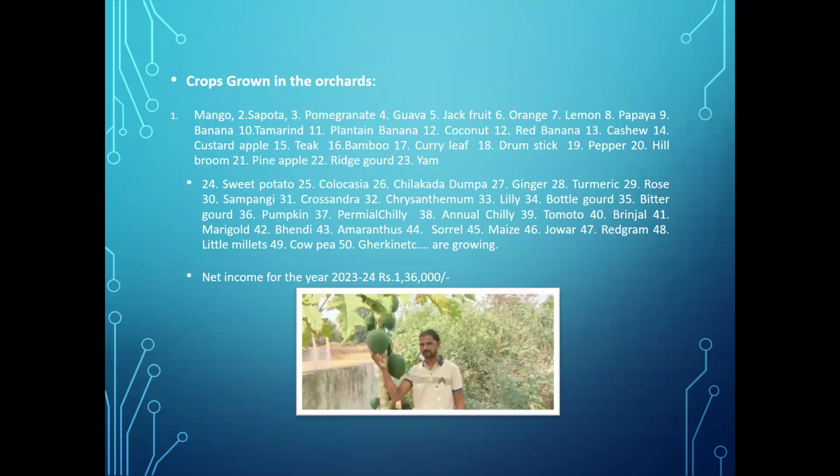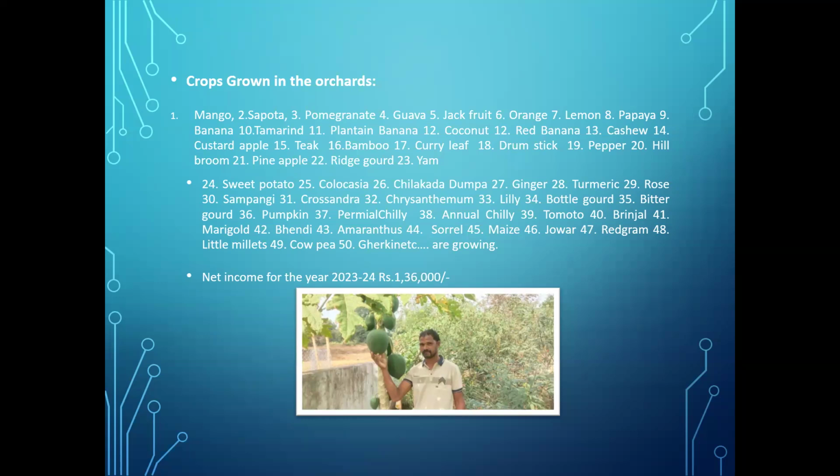Crops grown in the orchard: mango, sapota, pomegranate, guava, jackfruit, orange, lemon, papaya, banana, tamarind, plantain banana, coconut, red banana, cashew, custard apple, teak, bamboo, curry leaf, drumstick, pepper, hill broom, pineapple, ridge gourd, yam, sweet potatoes, colocasia,